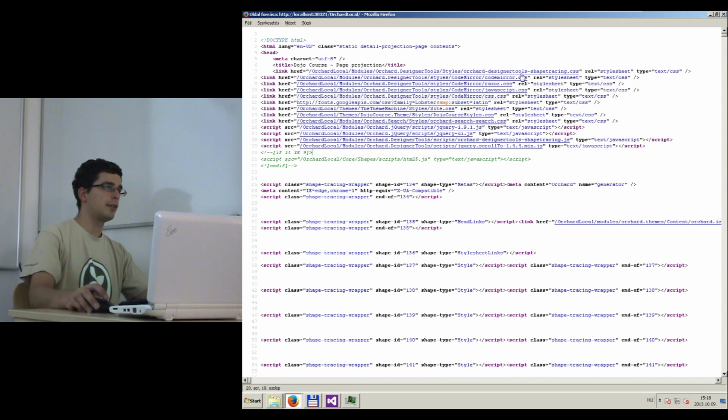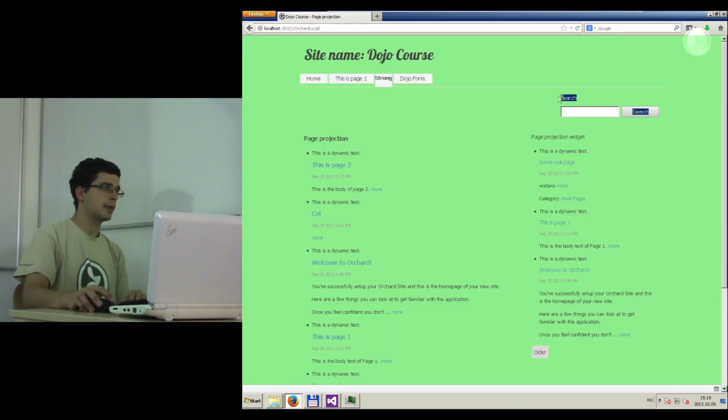As you can see, we have some CSS files. These are all related to shape tracing. Then we have this font inclusion, then the site.css from the theme machine, then finally our CSS file. And by the way, there's also the search CSS file related to the search box we have there. Now the moral is that unless you include a style sheet from somewhere buried in the site, in the layout, so this search CSS is included from here. It's included from this shape. So unless you do that,